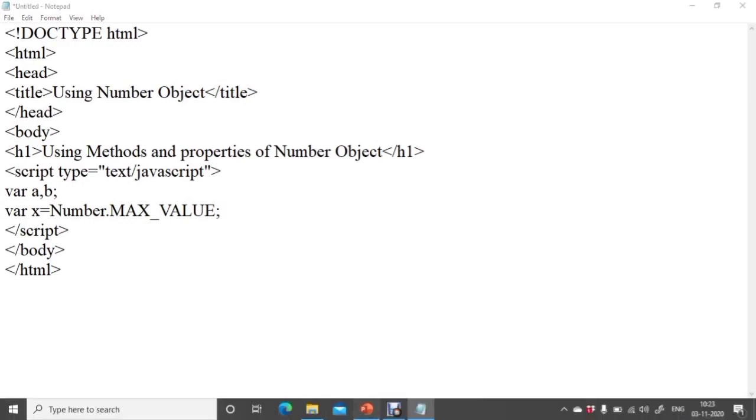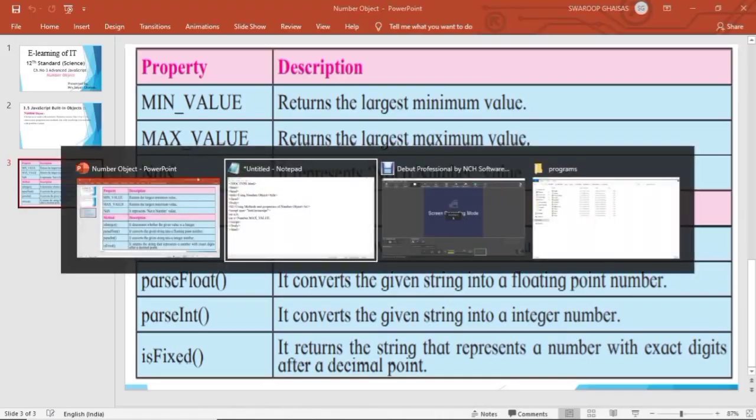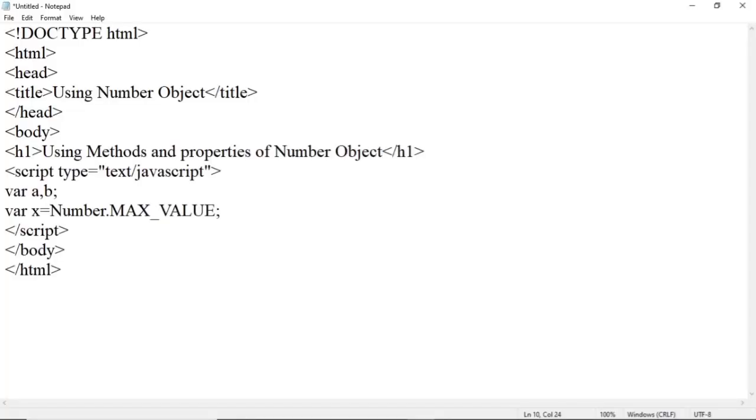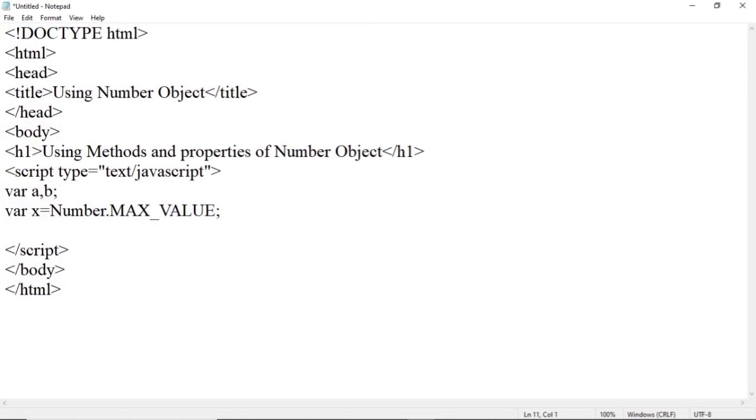See here, MIN_VALUE and MAX_VALUE. These are properties of the number object. So we can use here x is equal to Number.MAX_VALUE. Then y is equal to Number.MIN_VALUE to retrieve a minimum value, then semicolon.